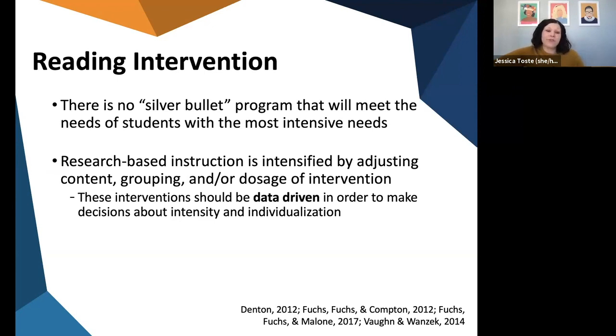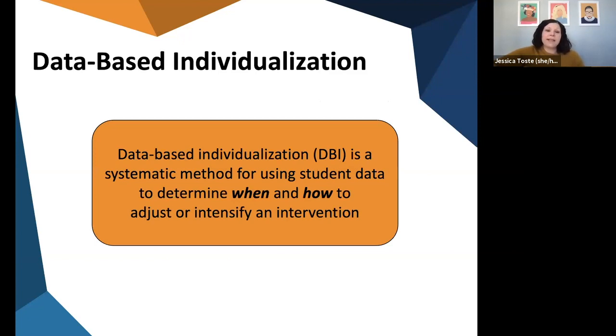And so research-based instruction needs to be adjusted for students, and it needs to be individualized. The content can be adjusted, the grouping can be adjusted, or the dosage of the intervention can be adjusted. And these adjustments to interventions must be data-driven. And so we use data to make really good decisions about how to intensify and individualize interventions. This process of using data to intensify and individualize interventions is called DBI, data-based individualization. And DBI is a systematic method for using student data to determine both when and how to adjust or intensify